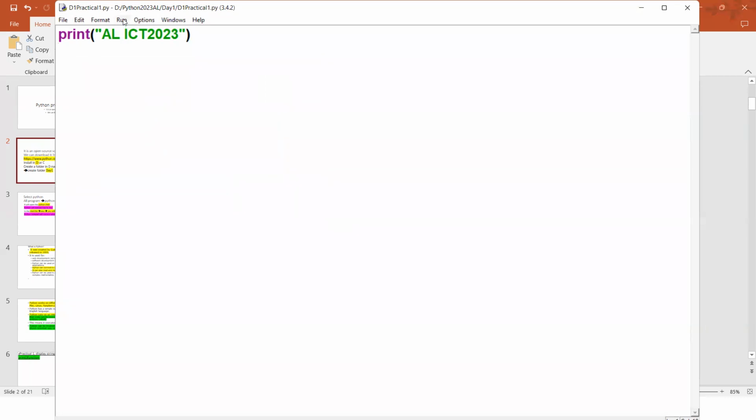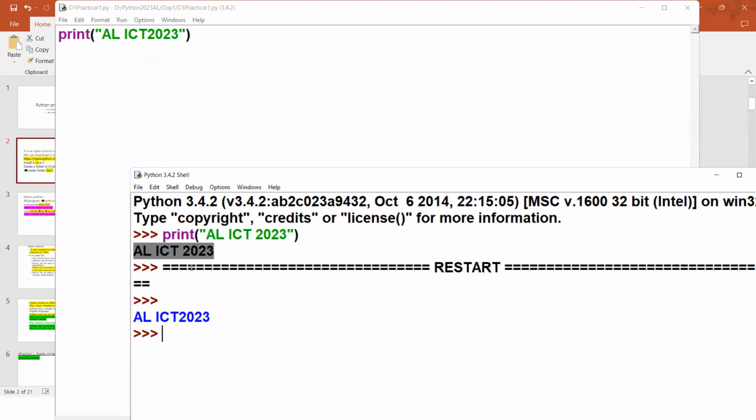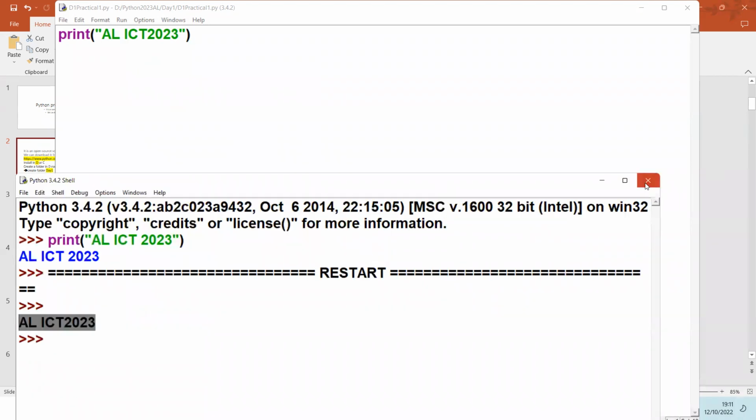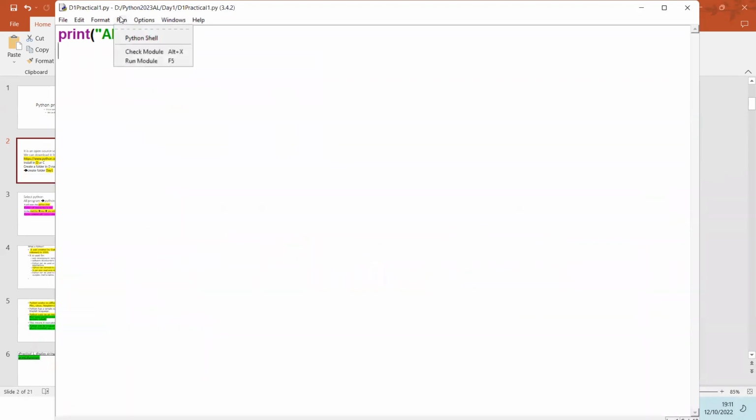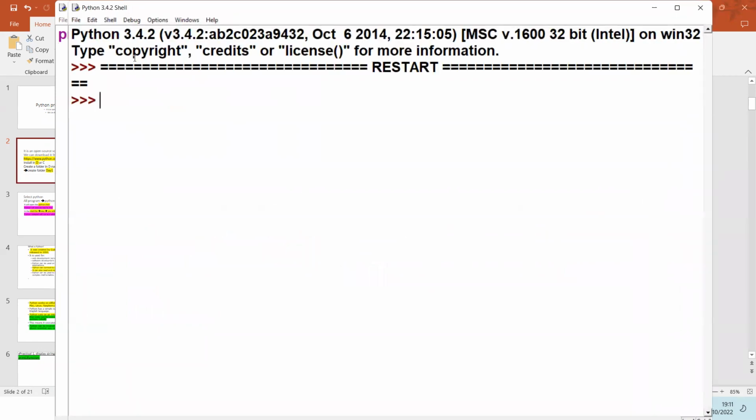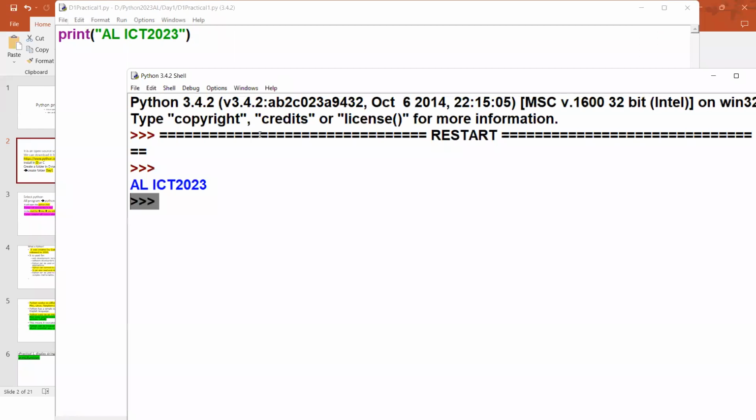Then Run Module. Here the result came. Earlier one result was also displaying on the same page. I'll just close it and run again. Run. Here is the result. I did not type any greater than sign. It came automatically. So the Python result comes in Python shell mode.